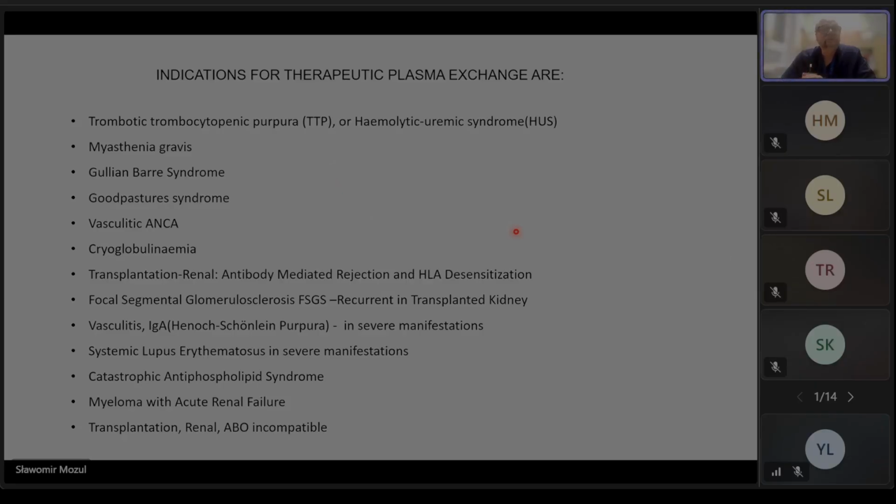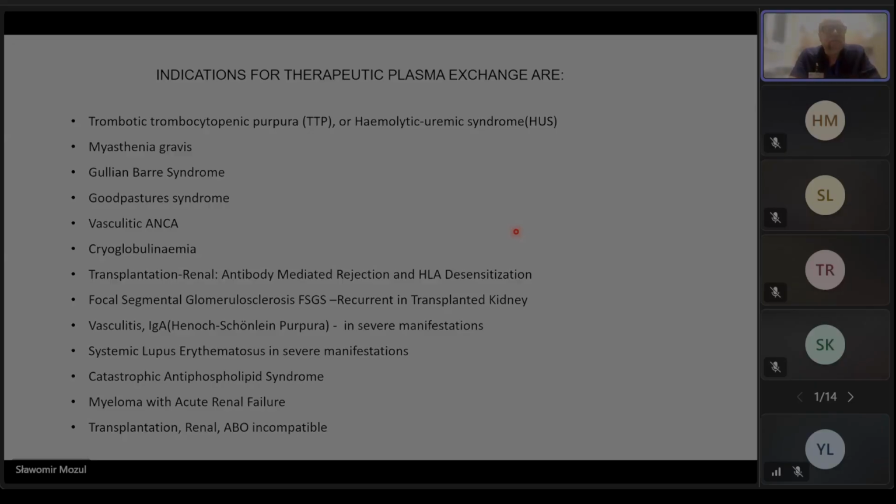Indications for plasmapheresis are thrombotic thrombocytopenic purpura or hemolytic uremic syndrome, myasthenia gravis, Guillain-Barré syndrome, Goodpasture syndrome, vasculitis, ANCA, cryoglobulinemia. We use it in transplantation when there is antibody-mediated rejection and HLA desensitization,